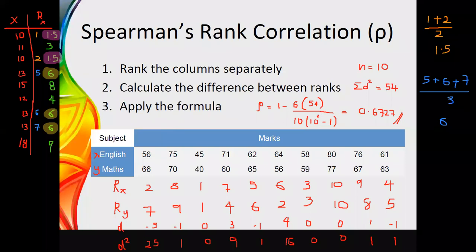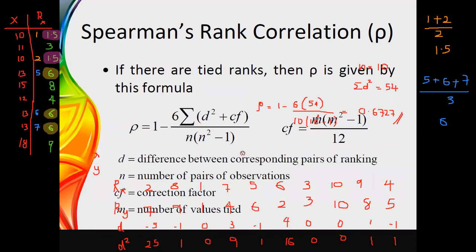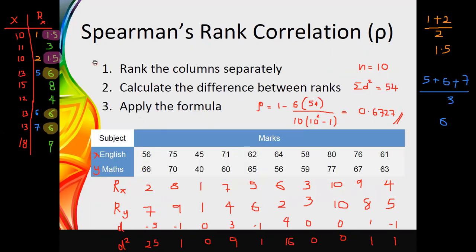And there is another example, an exercise I have included, so you can try it by yourself for the calculation when we have tied rankings. Therefore, these are the calculation steps. First of all, we need to rank them separately, and then we need to take their differences, then take the square term and apply it in the formula. These are the steps you need to do.